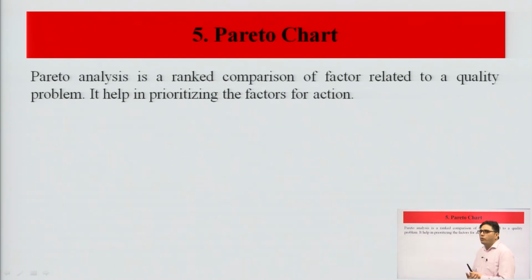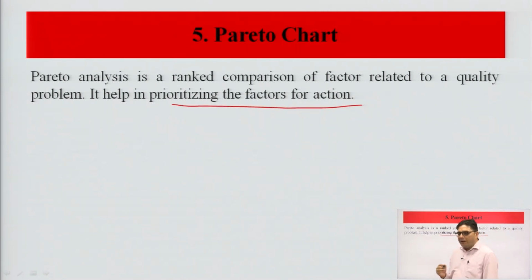Next, it is about Pareto analysis. This Pareto chart, what is it? It is a rank comparison of the factors related to a quality problem. It helps in prioritizing the factors for action. So, with the Pareto chart, two things are taken together, and the main